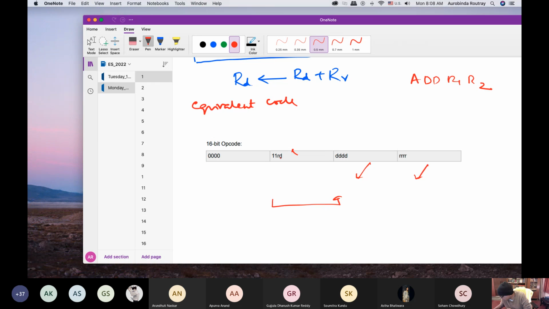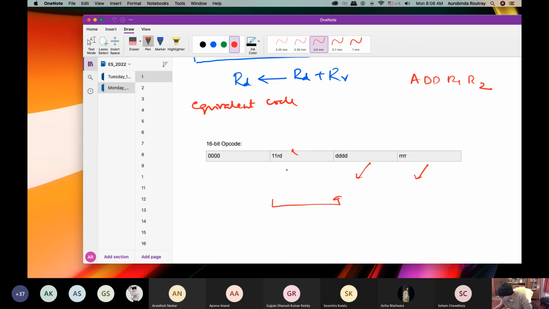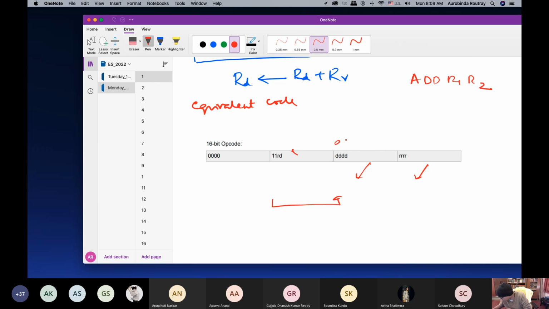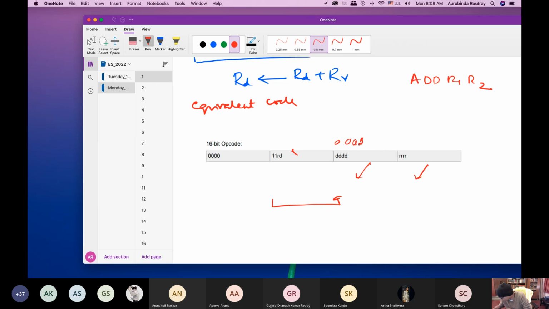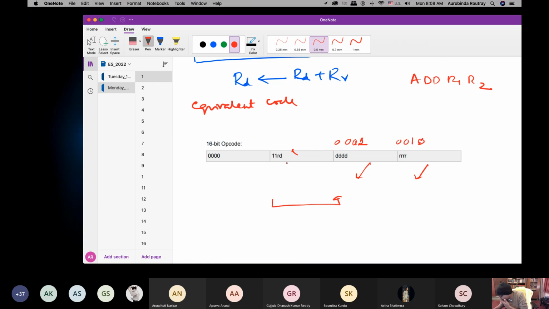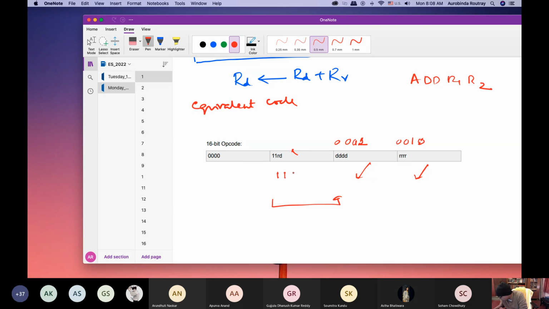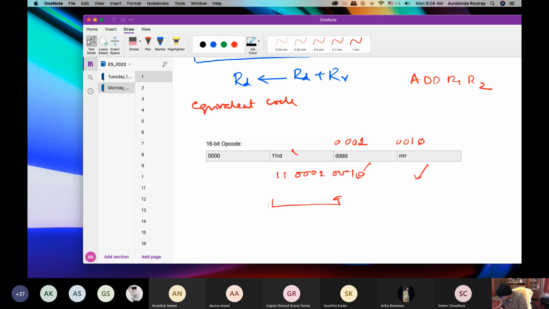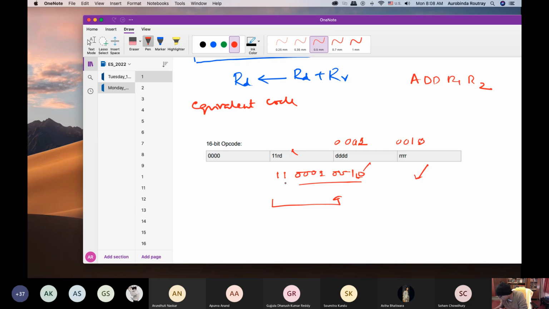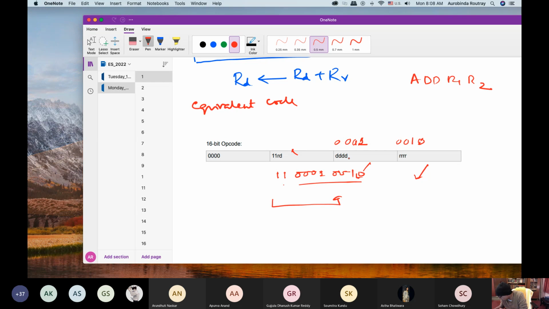So this one will be RD, so this one will be, for 1 it will become 0, 0, 0, 1. For 2 it will become 0, 0, 1, 0. And this is 4-bit, 4-bit, 4-bit. So this will become 1, 1. Then the R 0, 0, 0, 1, 0, 0, 1, 0. So this is 4 plus 4, 8 plus 2, 12. So then this will become,